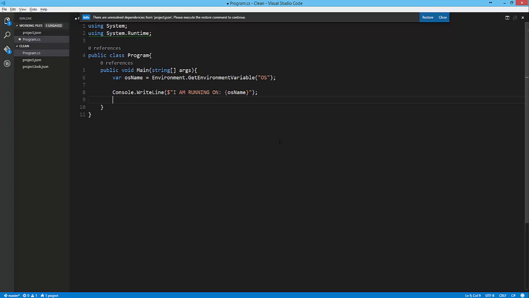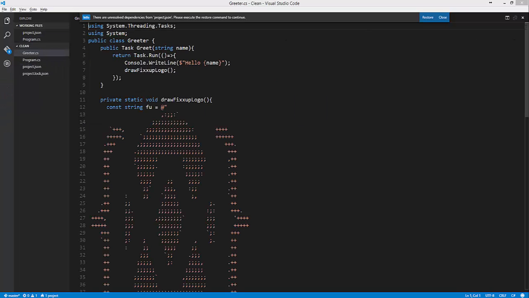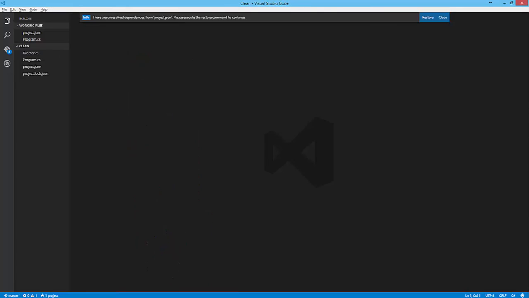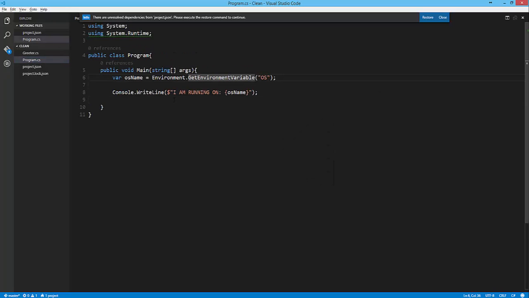And then I'm going to make use of a sort of greeter class that will print out nice ASCII art for me. I've pre-prepared some code that will allow me to do just that. Dragging it in. There we go. And then by simply using it, I say var greeter equals new Greeter.